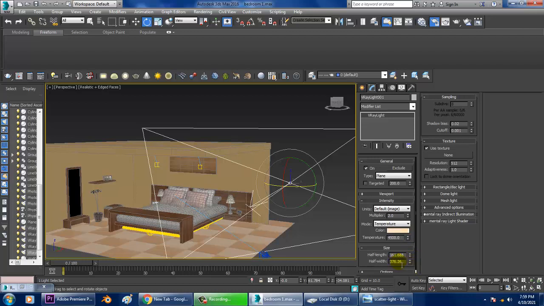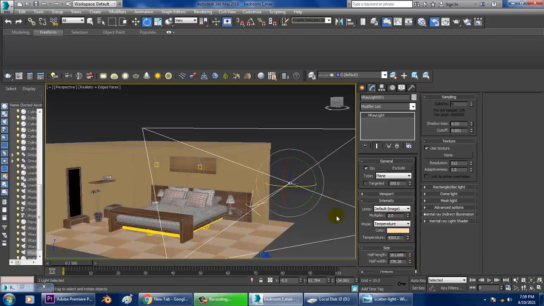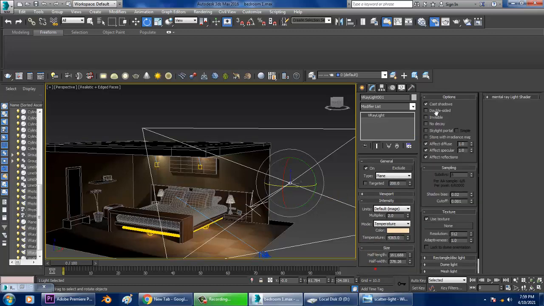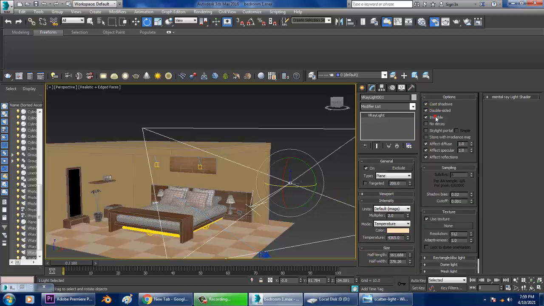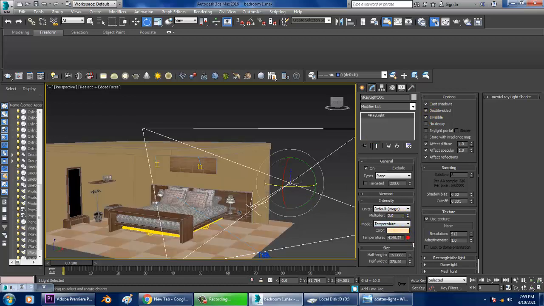Okay, slightly. Okay, much better. I'll go into this options, double-sided, invisible. If you want, we can still reduce this.